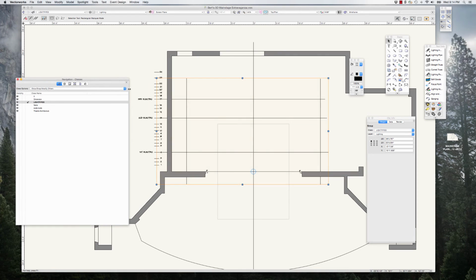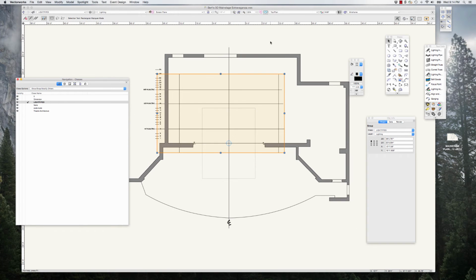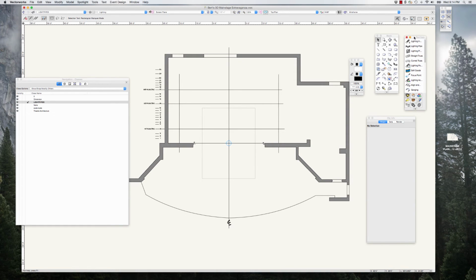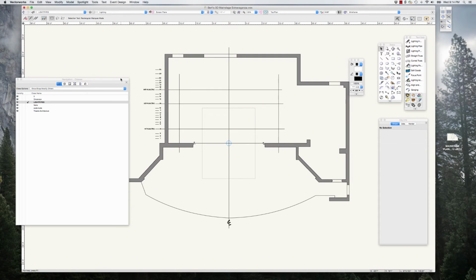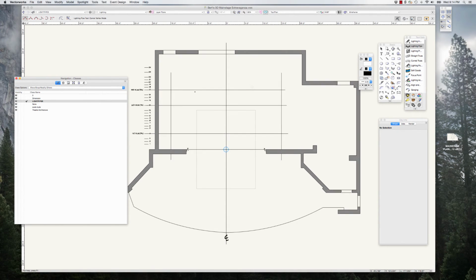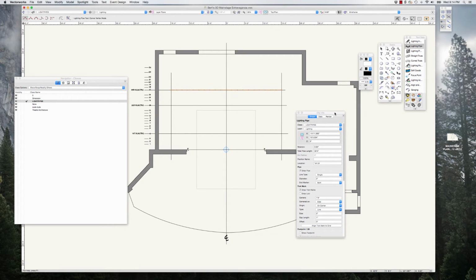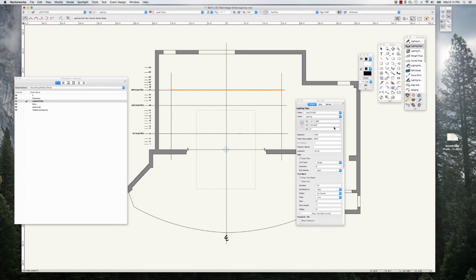All right, so now we have the layout of where the pipes are, and I'm going to use the lighting pipe tool. You may remember this, you probably don't, but you might from the light plot that we drew last semester. So I'm going to select the lighting pipe tool, and I'm just going to click, and then I'm going to double click to end it. Object info is going to pop up and, well, it's not really going to ask, but it's going to allow me to